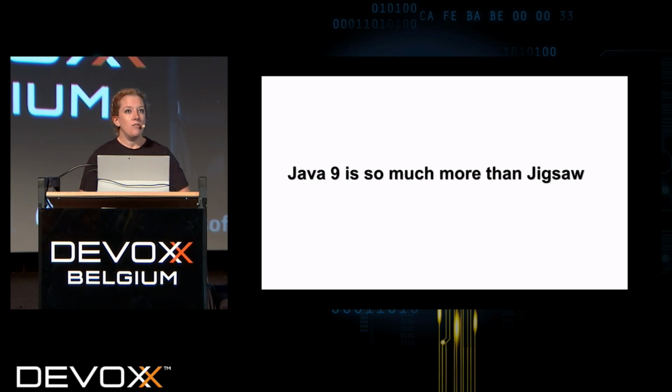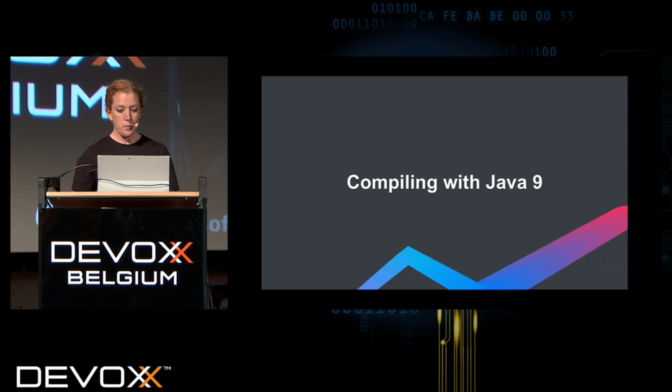But Java 9, it turns out, when you do a bit of research, is loads more than just Jigsaw. With Java 8, obviously there were lambdas and streams and other stuff, which we never looked at because we were so excited about lambdas and streams. With Java 9, we get carried away thinking about Jigsaw, but all of the other stuff is actually quite nice little features that I think are going to impact our lives as developers and make them a little bit easier. But there's so much of it, scattered around. There's not one theme to umbrella over the whole thing. So we don't get to talk so easily about the cool stuff in Java 9 that's going to make our lives easier.